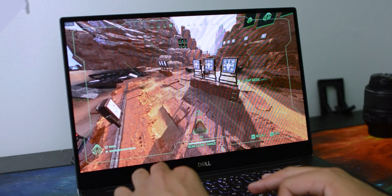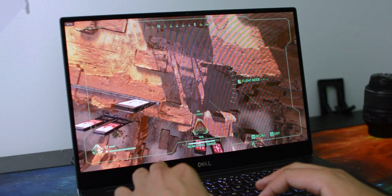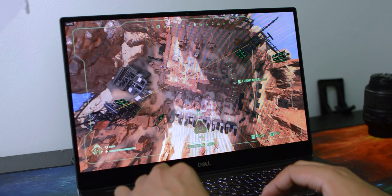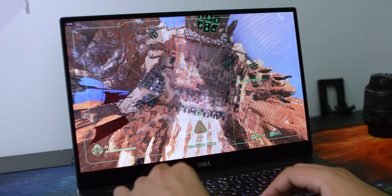But in terms of games, 4K isn't without its issues. This computer does have a 1650 inside, which isn't a terrible graphics card, but it's not really a graphics card that's made for 4K gaming. So obviously I'm not playing games, or the majority of games anyway, at 4K on this device, and that does